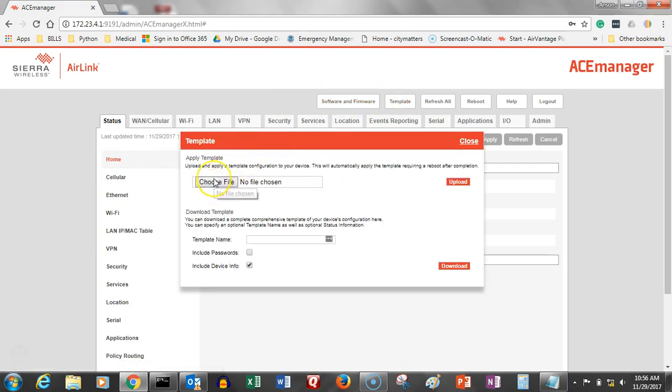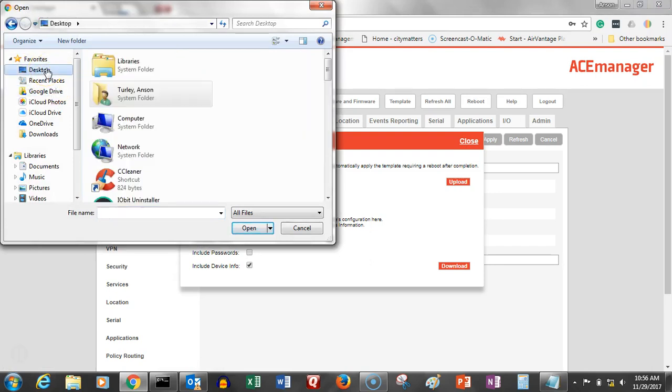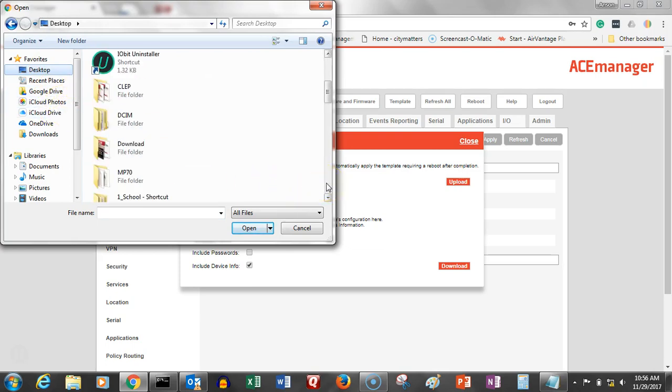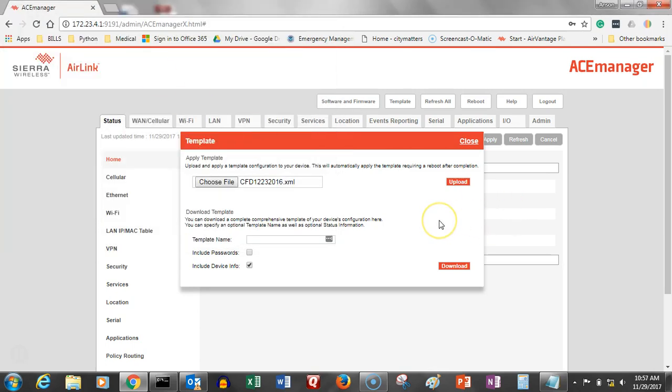You'll have to choose the file. The file will already have to be on the laptop that you are using. You will navigate to the folder that has your template, and in this particular case, the MP70 folder. The template right now is this one, CFD 1223-2016. It's an XML file. You'll of course choose it. We are not going to upload it because this has been programmed, but once you upload the template,